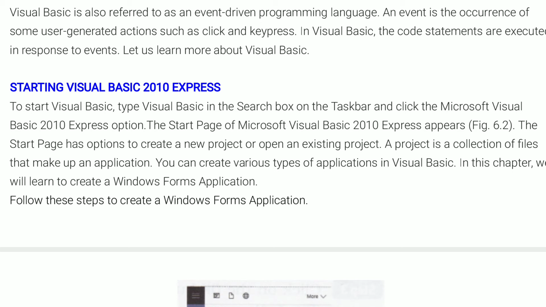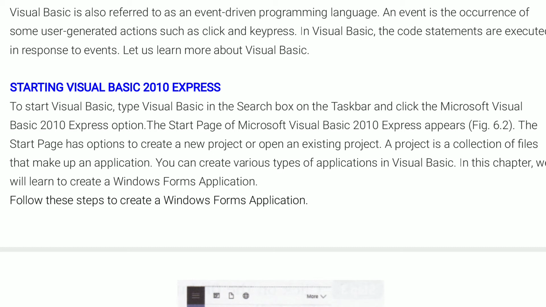Now, understand the next point as you can see on the screen: starting Visual Basic 2010 basics. To start Visual Basic, first of all, we must ensure that this software is installed on our computer system.